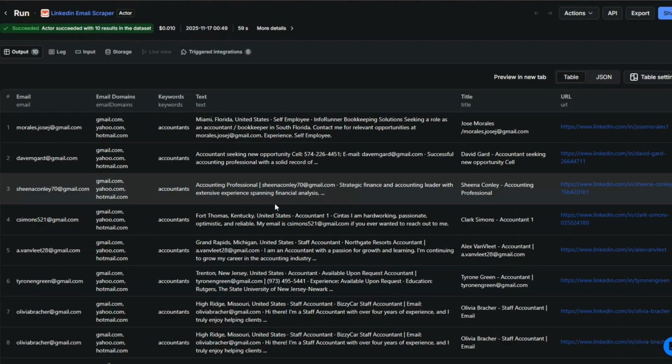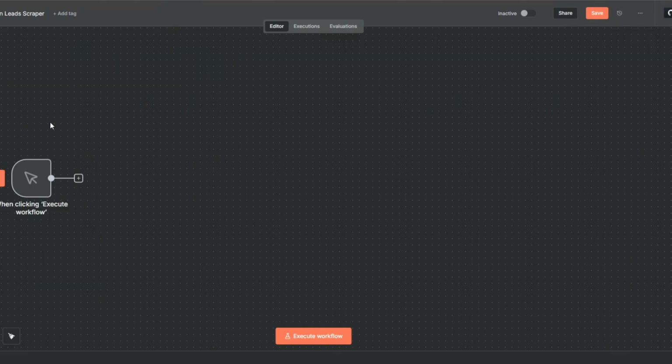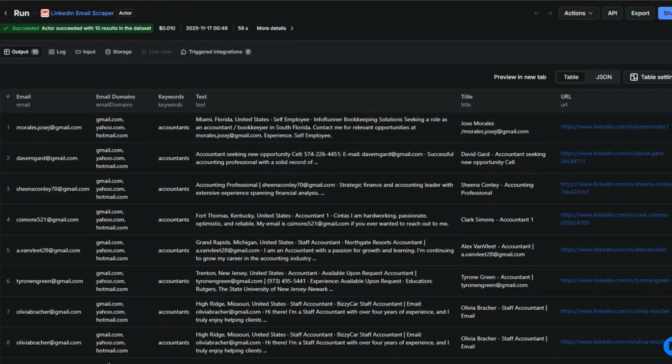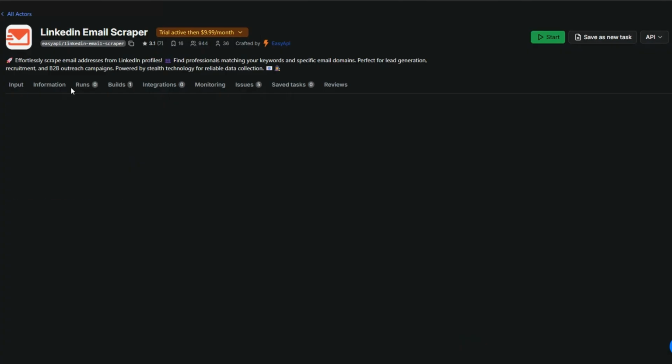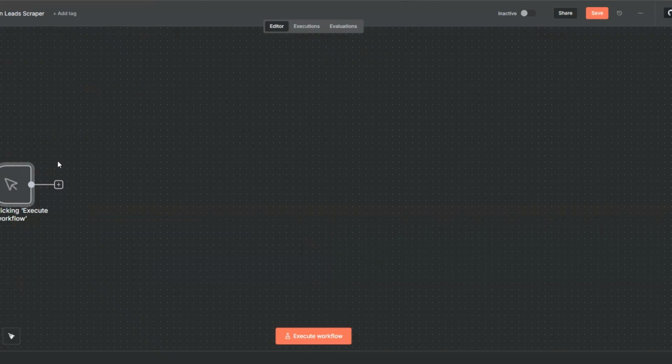So this is amazing. Now, instead of having to manually scrape the leads right here in Apify, we can create a workflow that scrapes the leads for us and then adds the leads to a Google Sheet. To scrape the leads from n8n, in our tool over here, you can see we are adding the keyword and the number of leads I would like to scrape. So we can add the keyword and the number of leads I would like to scrape to a Google Sheet and then get them on our workflow over here